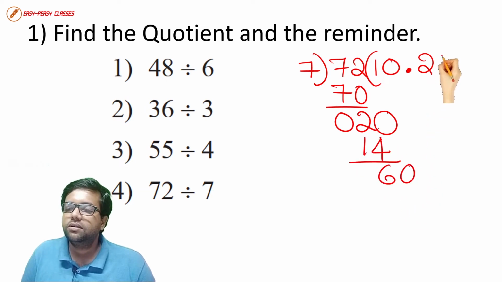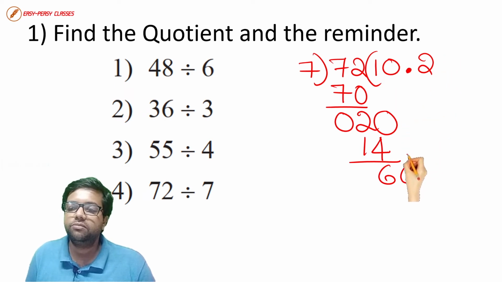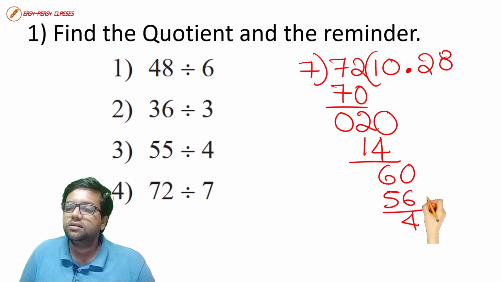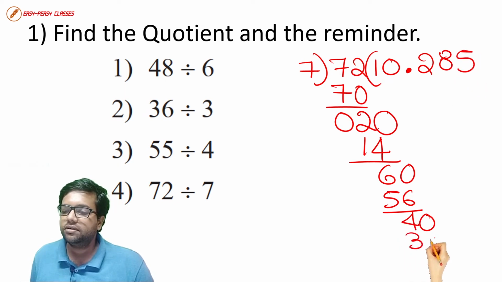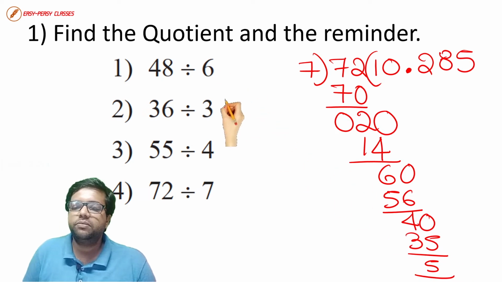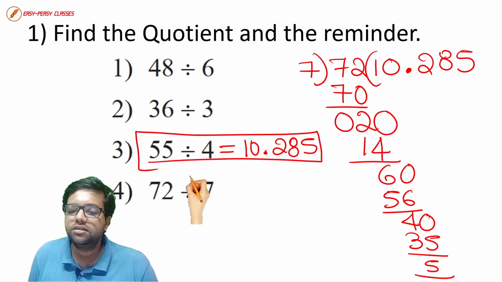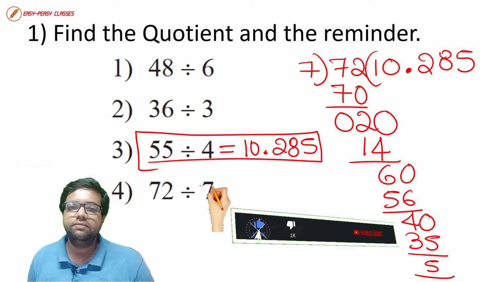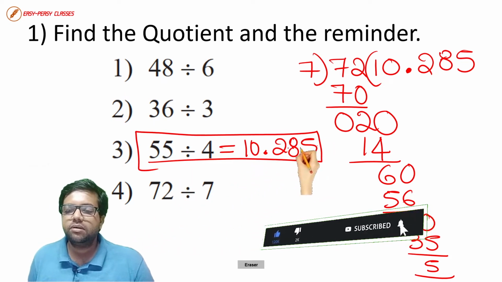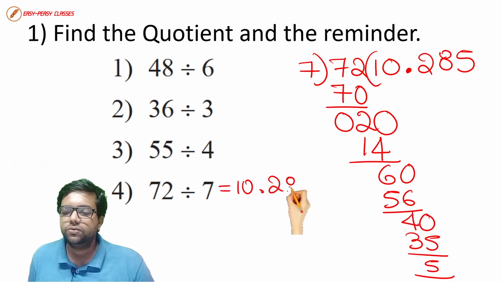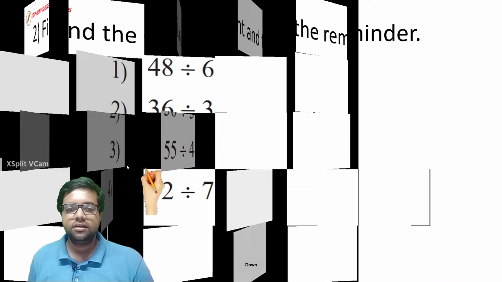You place a 0. Now you don't have to place a point because there is already a point. So 7 8s is 56. 4, you will place a 0. 7 5s is 35. It will go on, but we will stop it here. So you can write it as 10.285. Okay, in case you find writing it in decimal numbers difficult, don't worry, in the coming class we are going to deal with this part. Okay, it was for 72 divided by 7, right? So the answer is 10.285.